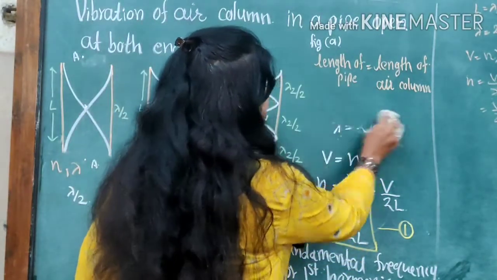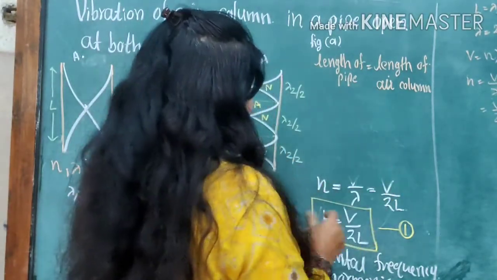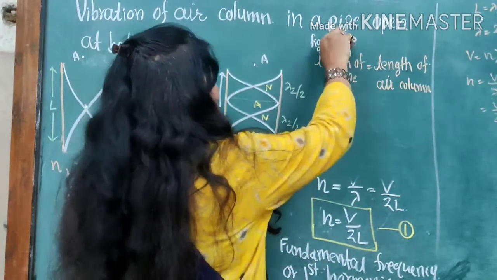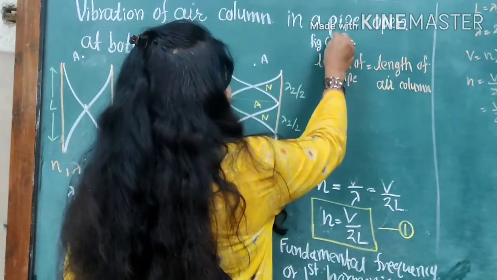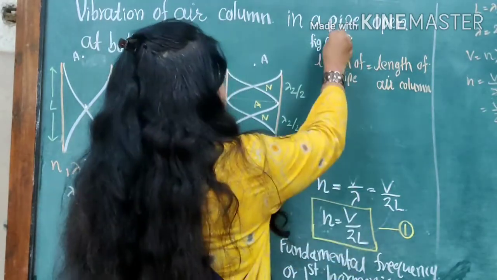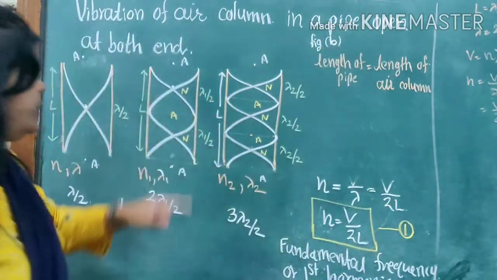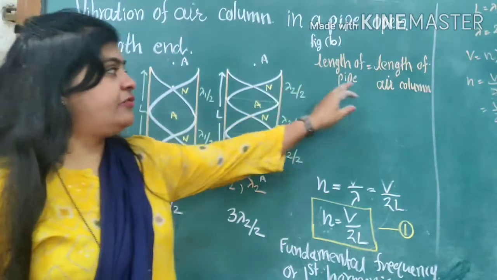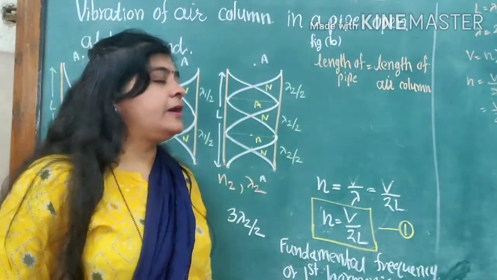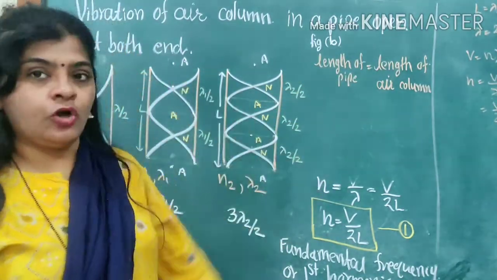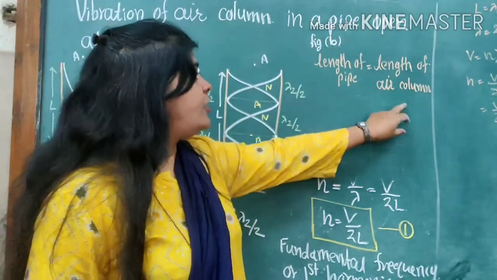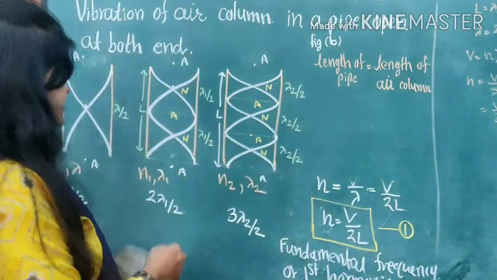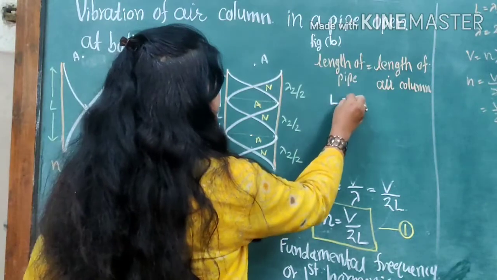We erase this and write whatever we require here. That is figure number B. Come to this second diagram. In the second diagram, again we write the formula. The length of the pipe is equal to the length of the air column. You remember the formula. The length of the pipe we consider as L. We write here L is equal to